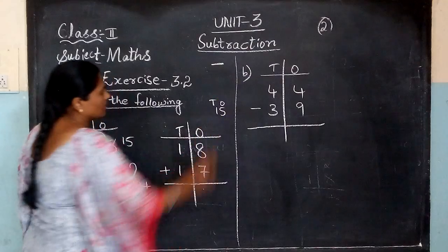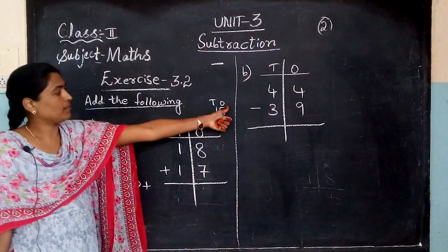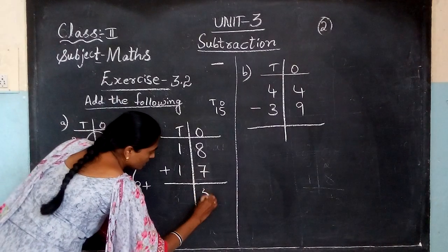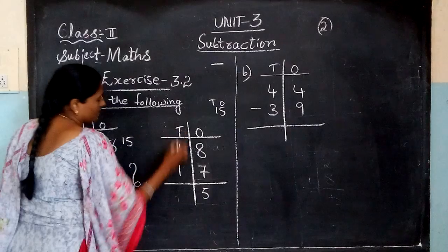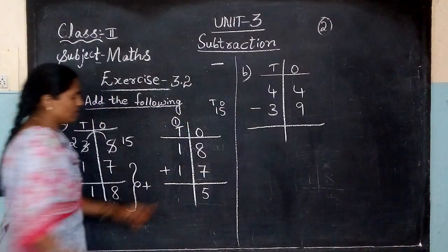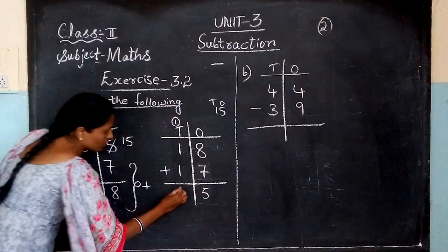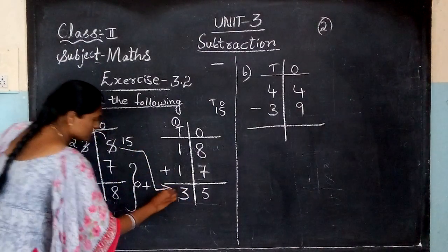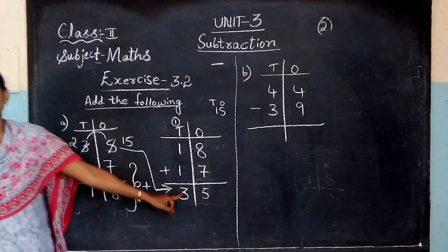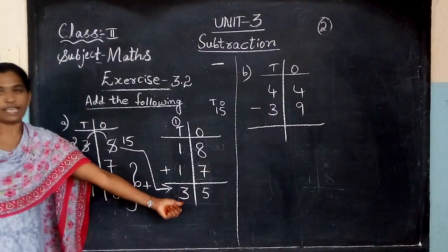Ones, tens. While doing additions I explained: in the ones column, whatever number is there you have to keep here, and whatever is there in the tens column you have to keep as carry. Yes. Now 1 plus 1, 2. 2 plus 1, 3. You got it, children? Answer 35. See here. Whatever addition we did, it is okay. 35 you got it, answer.